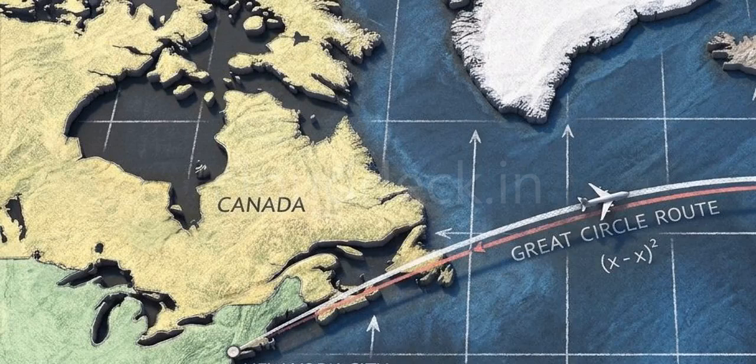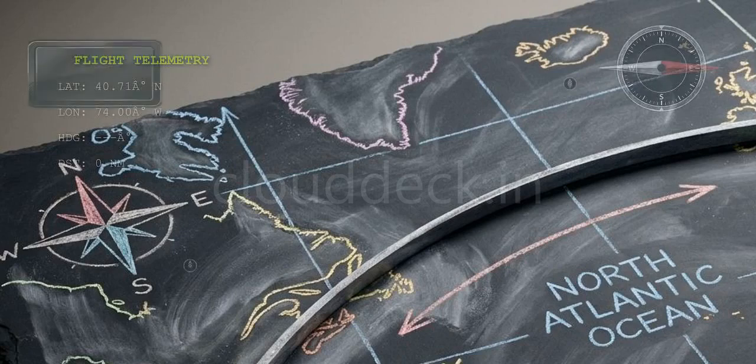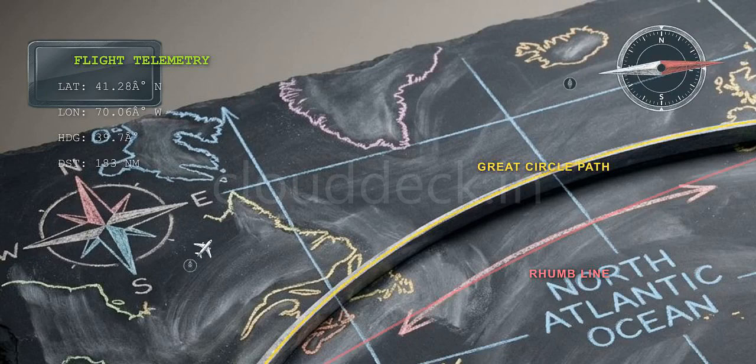Your flight management computer is navigating the shortest physical path possible, yet your magnetic and true headings are constantly changing throughout the flight. Looking at this split-screen comparison, you can see why. Maps are flat, but the Earth is a sphere. A straight line drawn on a flat piece of paper translates to a curved, tight string across the surface of a 3D globe. As that tight string crosses the Earth, it intersects each vertical longitude line at a slightly different